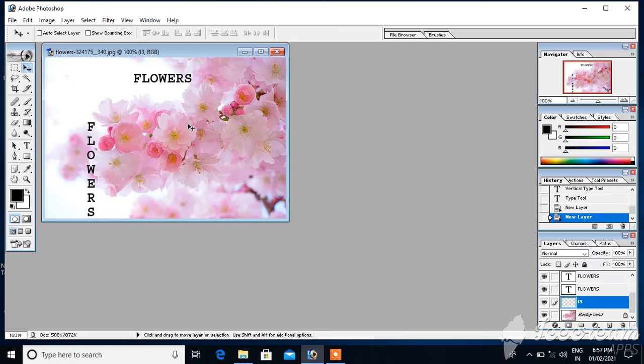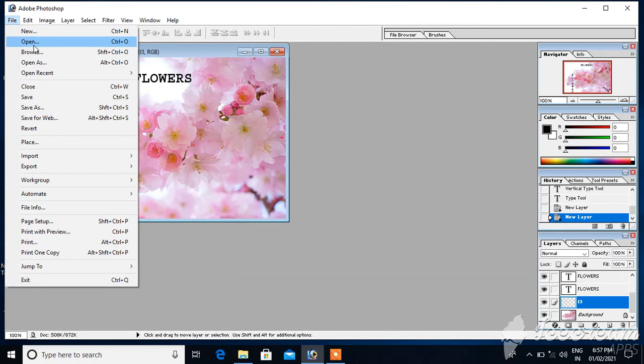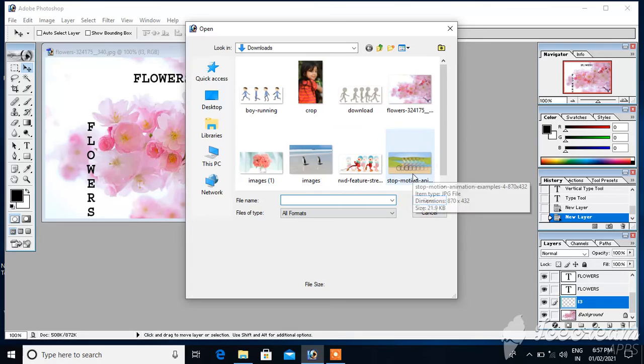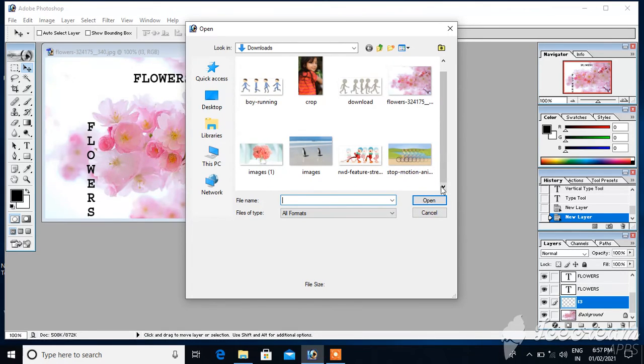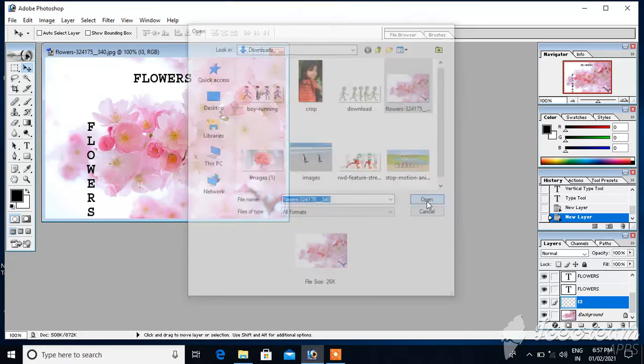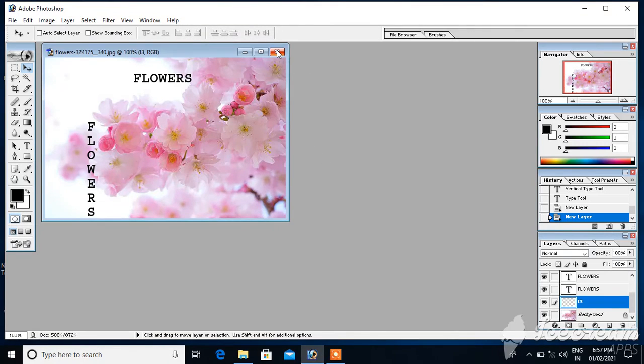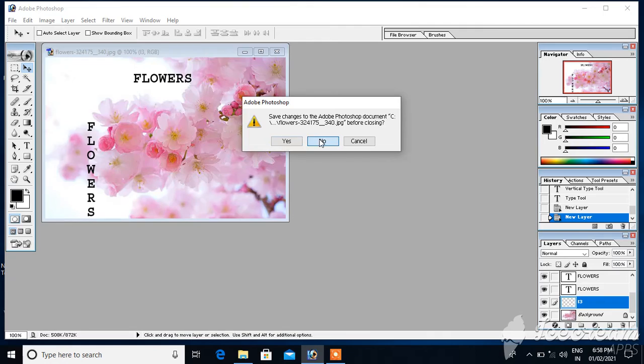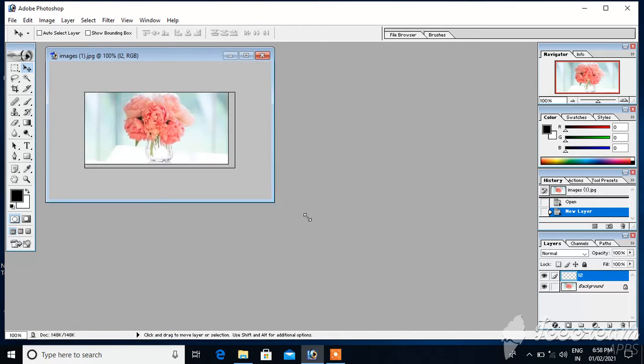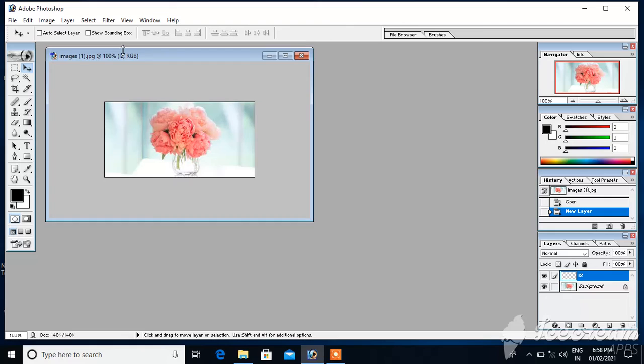Now after layer we will see the filter option. The filters are the tools that are used to quickly create effect on an image. Last year we learned this. The filter placed over an image can change its appearance. Now I will take one more image to explain the filter. Same image I will take. Now we will apply filter here.